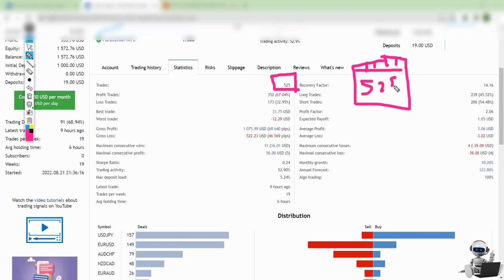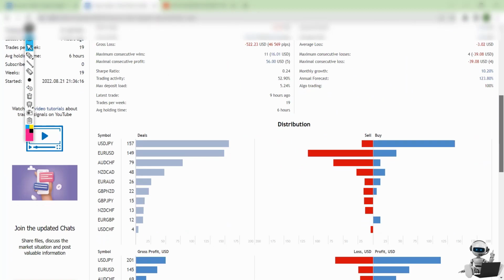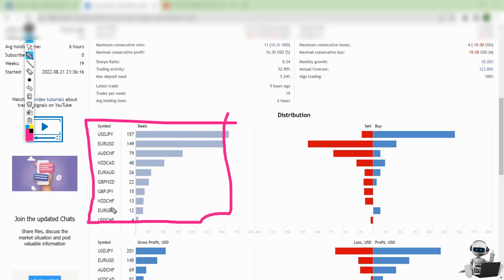It means the accuracy is true. This will be the optimal win rate, and the losing rate also will be very low. The average profit is equal to the average loss, so it is kind of equal, and the average holding time is very good. You can expect to have 10% on a monthly basis. Recovery factor is high because of the semi-martingale. This is the type of EA where this happens, and the symbols he is using are these. So you can neglect this USDCHF, but these are the main forex pairs that this EA trades on.